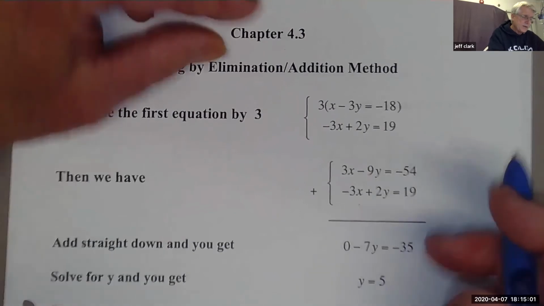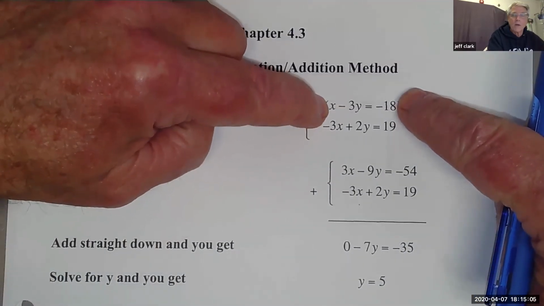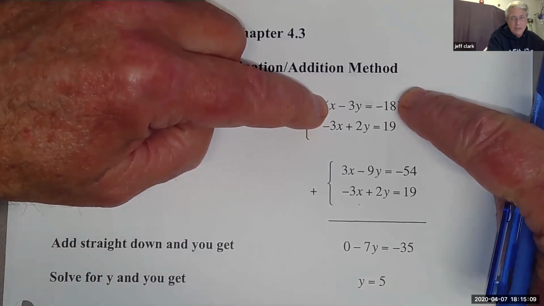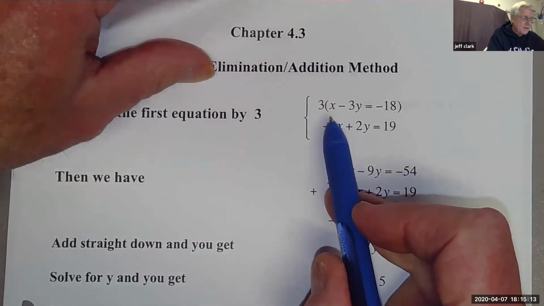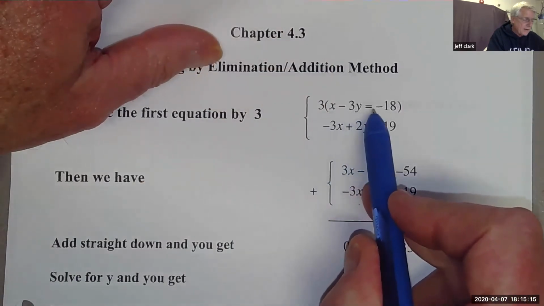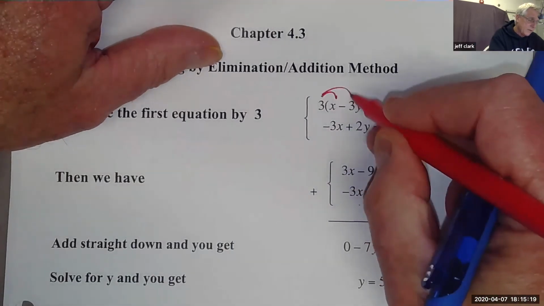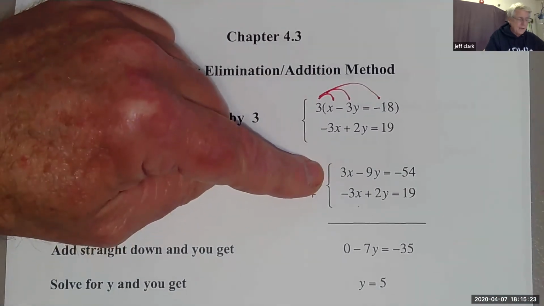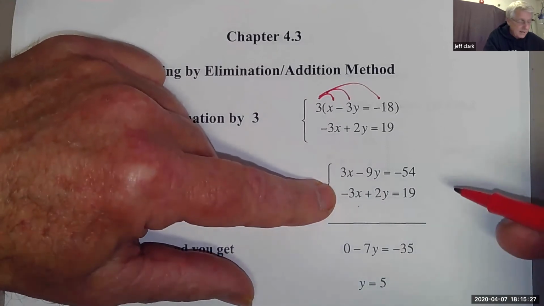So here's the original that I had without the parentheses. I'm going to multiply what I want, the x, to be by 3. But what you do to one piece, you have to do to all of it. That's why the parentheses are on. So multiply it by 3 here, and then we distribute. You're going to distribute everywhere, which leads me to this step. And here's the second one already. And now we notice they match up,